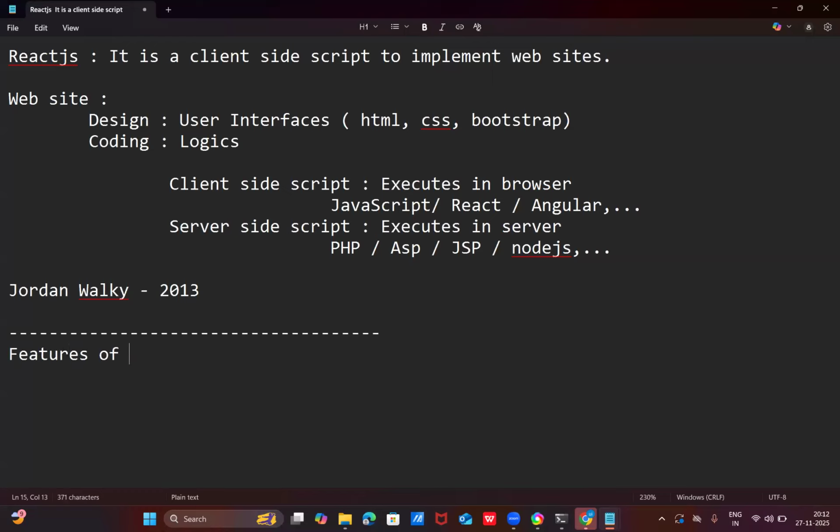Now, the features of React JS. What are the features we have? In this concept, we'll go with a comparison of JavaScript, Angular, and React. We'll cover these comparisons also. Now, if we take these features, first one: